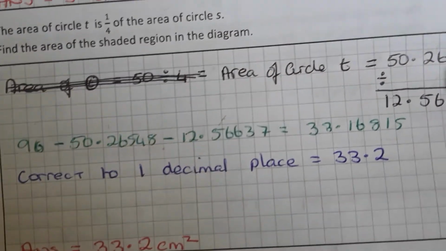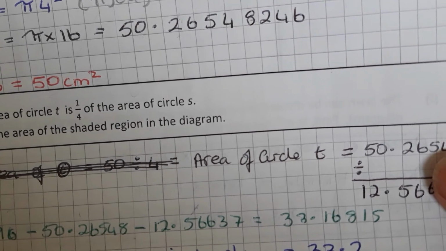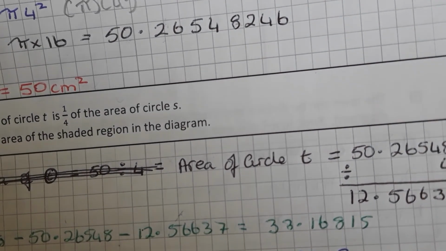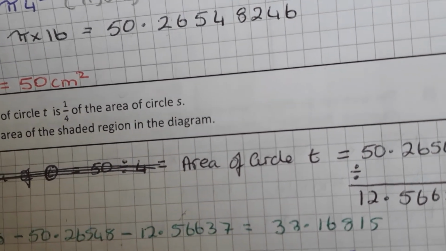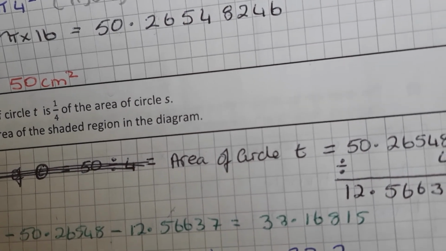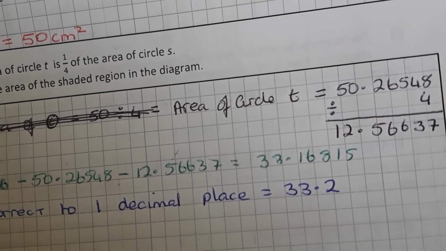So the area of the shaded area is 33.16815. Correct it usually. If it doesn't say, you could leave it, but I would correct it to 1 decimal place. So in this case,